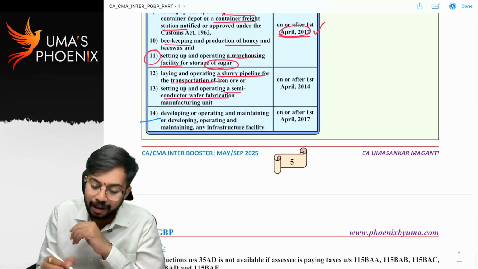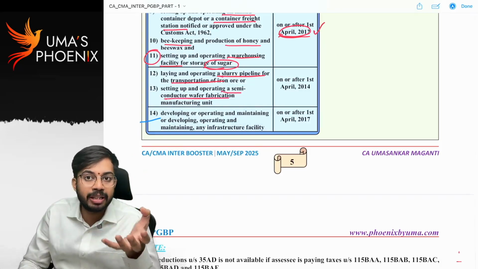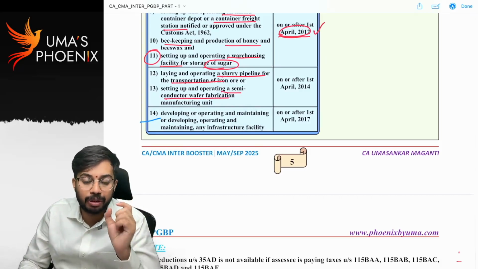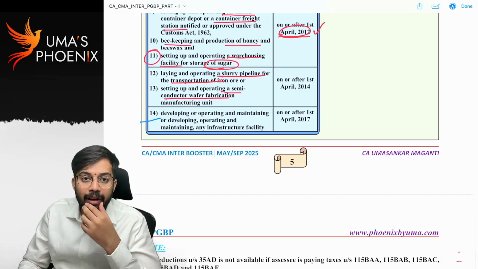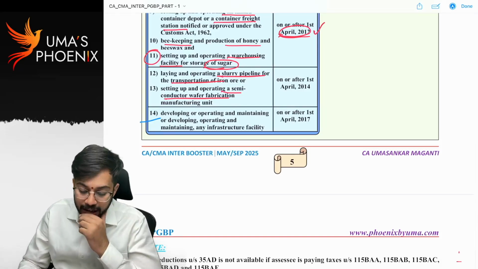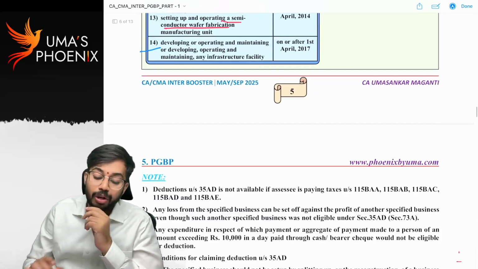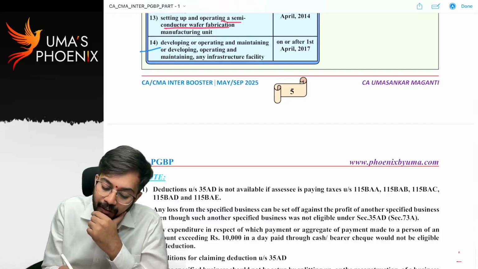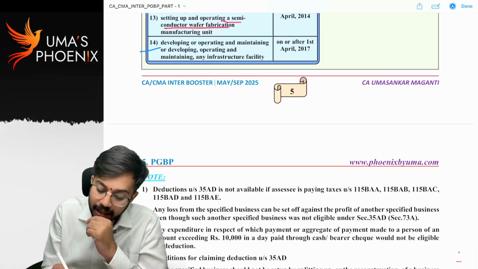Semiconductor wafer manufacturing unit. See, in technology gadgets, semiconductors will be used. So those who are engaged in manufacture of semiconductor wafers, even they are also eligible for deduction under section 35 AD. Those who are engaged in the business of developing, operating and maintaining